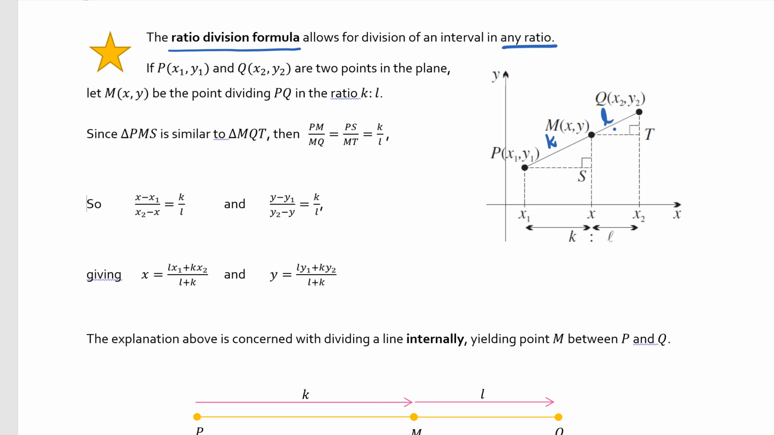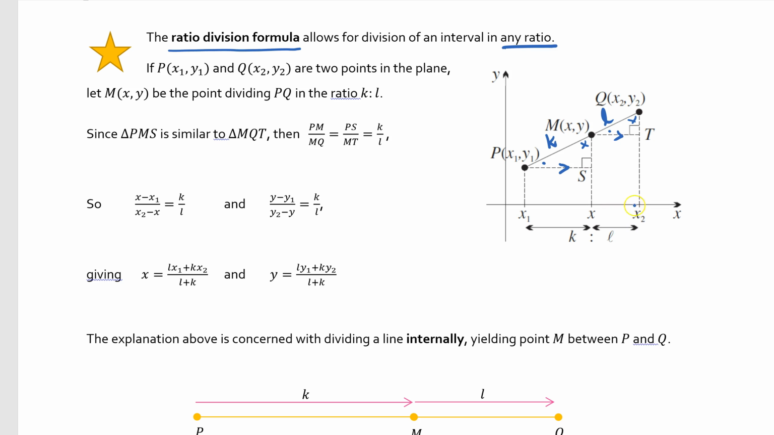We won't go exhaustively through the proof again because that's geometry, but they both have a right angle. This angle, because these lines are parallel, these are corresponding angles. So if we have 2 angles, then we have all 3 angles, and therefore our figures are similar. Therefore the ratio of corresponding sides is always the same. So PM to MQ is therefore the same as PS to MT, and that will therefore also be K over